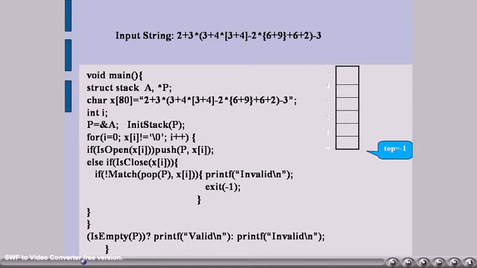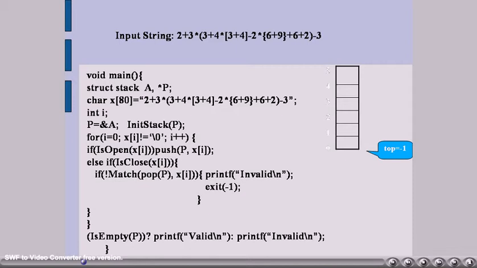Whenever we encounter a closing type of bracket, then we'll pop the bracket which is in the stack, and check using the function match whether they are